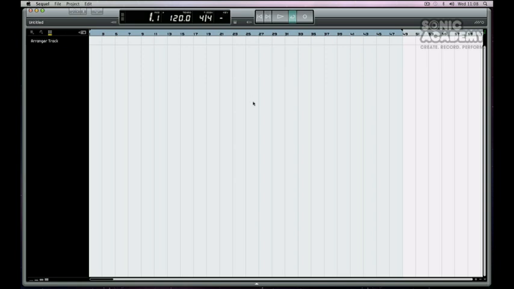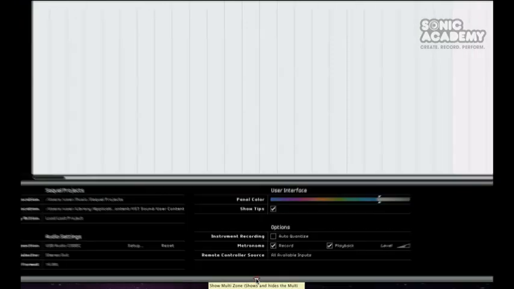But before we go and add a new track to record our acoustic guitar, we need to actually tell the software to use our USB mic, or whatever microphone or sound card you're using, as the input and output of our session. And to do that we need to go down to the bottom here and click this arrow,